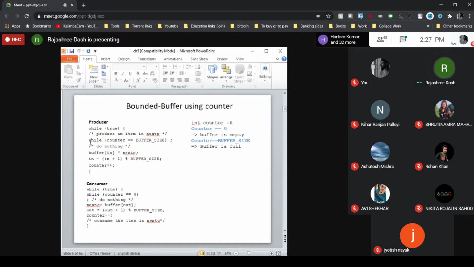That position is specified by the pointer out, by the position out. So that's why the next statement is next C equal to buffer out. That means from the out position of the buffer, the item is consumed by the consumer process. And after that, simply the out variable is incremented. Out will be now (out plus 1) modulo buffer size. And after consuming one item, the counter value will be decremented by